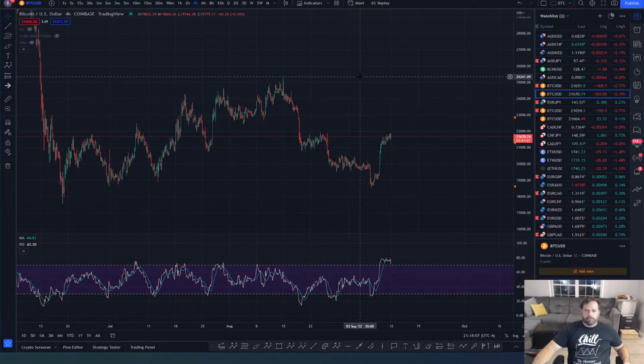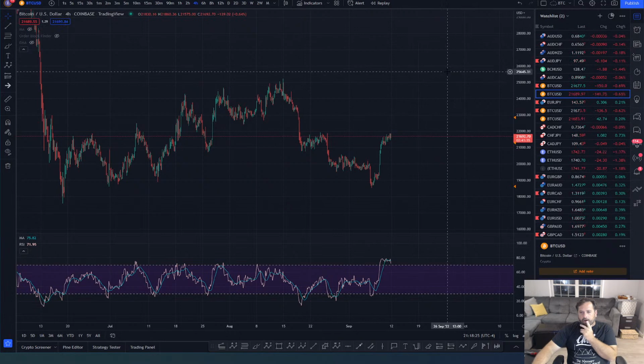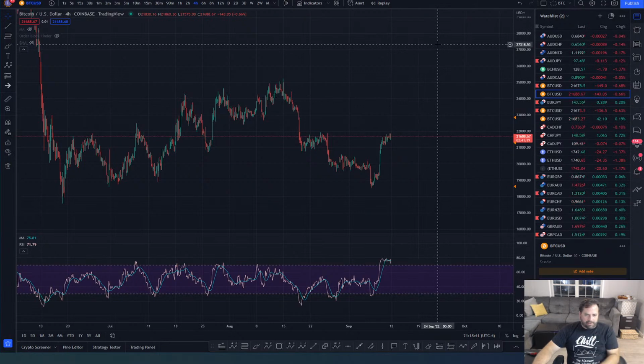The bear on the weekly, guys. There's hidden bull on Bitcoin and hidden bear on DXY. No doubt about it. But the weekly can take months to play out. I'm not a monthly trader. I don't trade on the monthly time frame. I trade on the small time frames, so I'm very interested in what the very next move is.